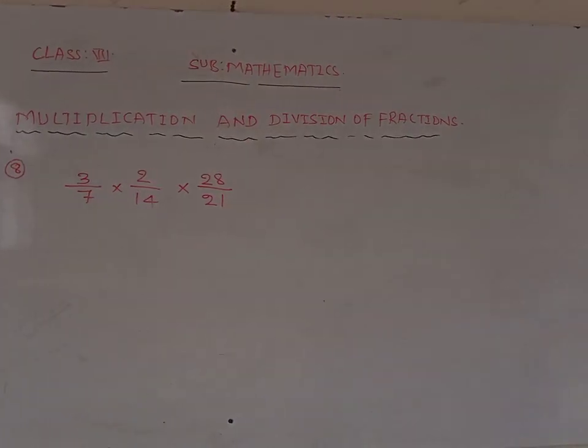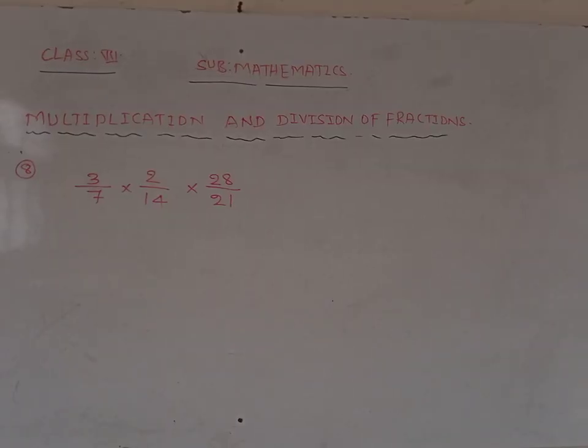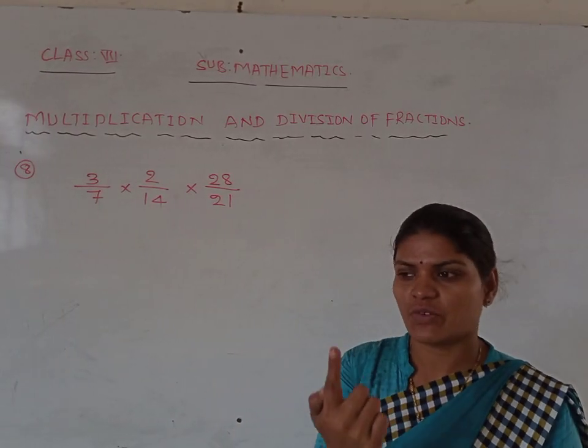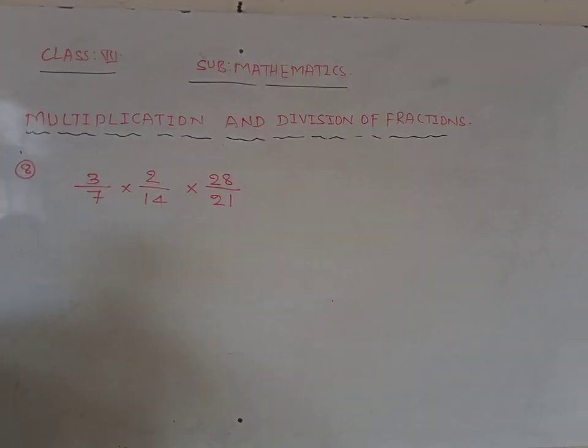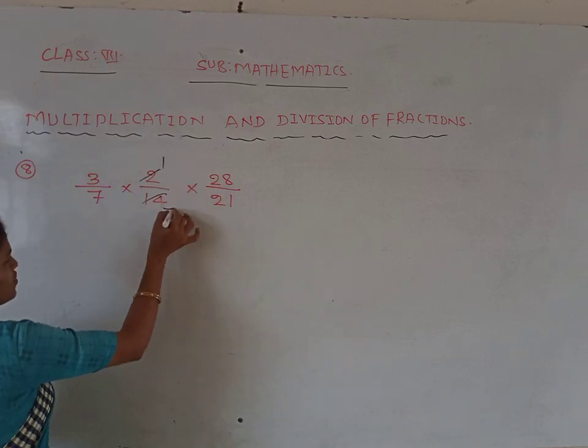If there is a common factor, you have to cancel. Means you have to show me one, then we will do. Yes, ready. First one shall I show? First you have to observe any common factor. Any common factor? Yes. I will cancel that first. Okay. 2 1 ja, 2 7 ja.